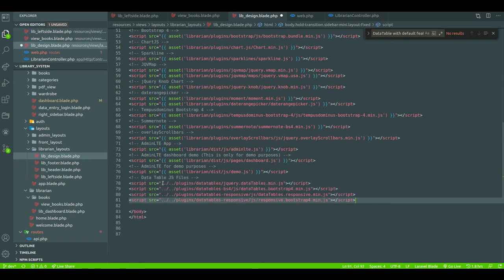Paste it. Same we need to plugins. Okay, so we don't need this.